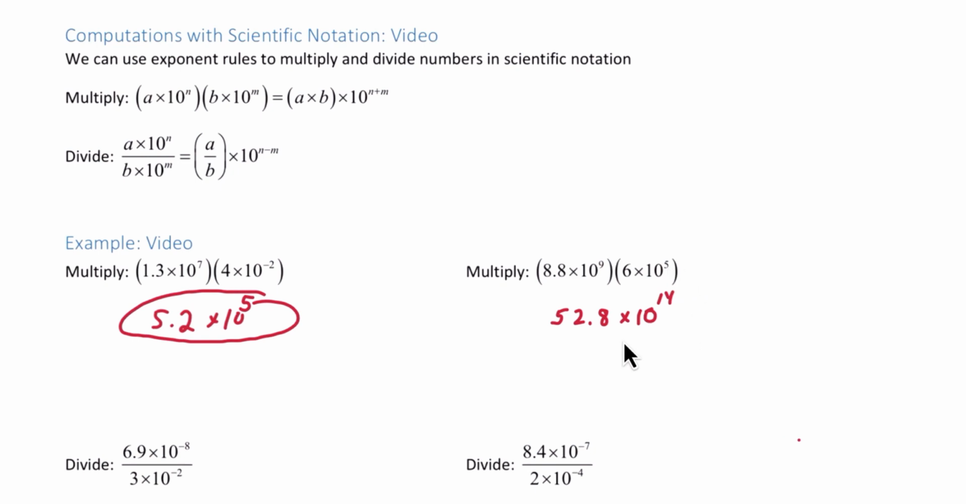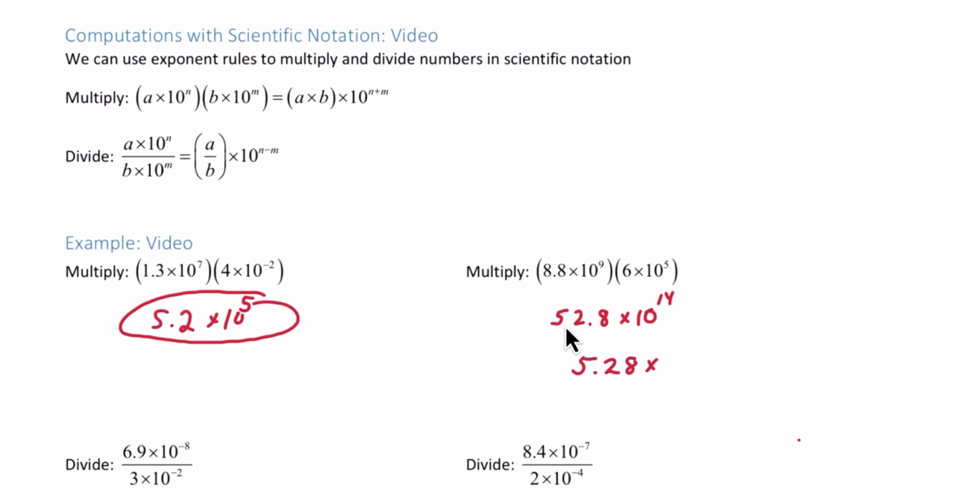Notice this time our answer is not in scientific notation because A, the number out front, is not between 1 and 10. So we need to take it a step further and convert this number into scientific notation by moving this decimal. We need to move it to the left. And if we do that, we'll get